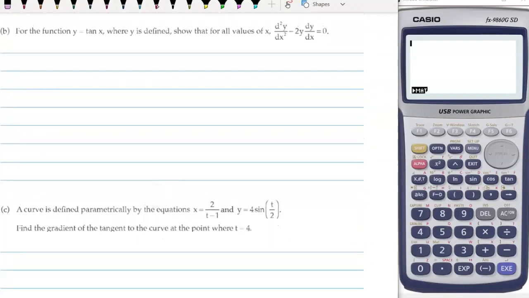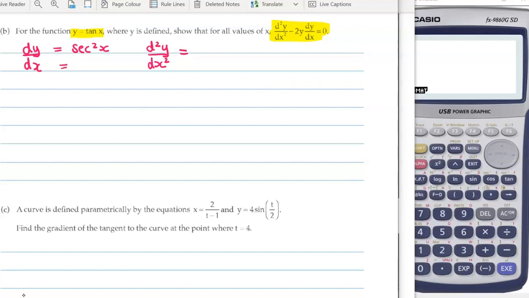Okay, part B. We've got a function y is tan x, and we want to show that this thing here is true, so we're going to need to find the pieces of that and substitute it in. So if we start with dy by dx, if we differentiate tan x, we get sec squared x. We will also need the second derivative. So if we differentiate sec squared x,